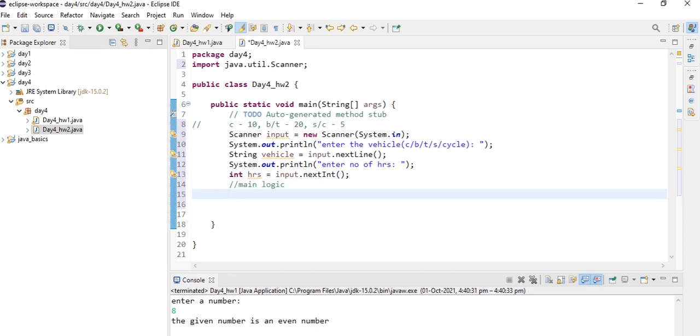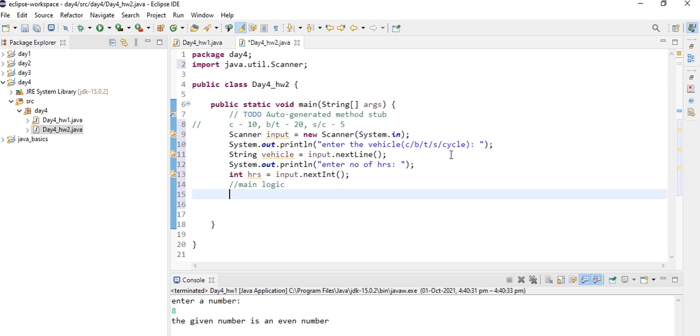And now we have to compare. Suppose the user entered car, it has to give the parking fare. If the number of hours is 2, car's fare is 10 rupees, so 10 into 2, that is 20 rupees he has to pay.